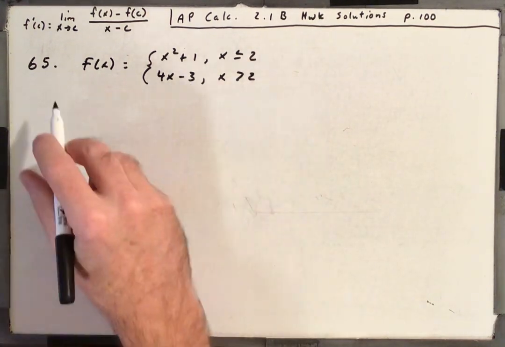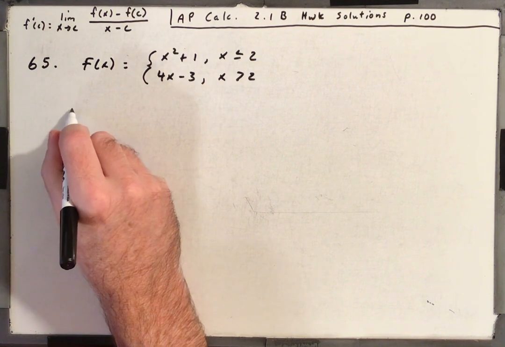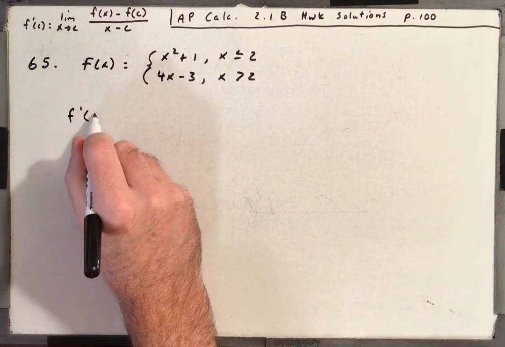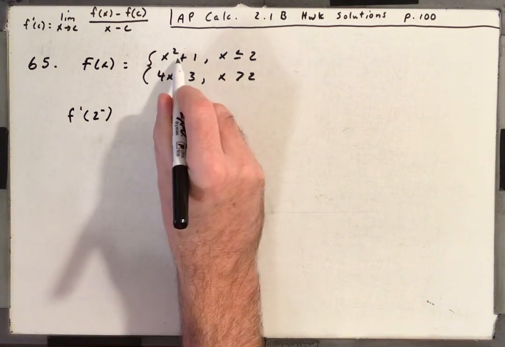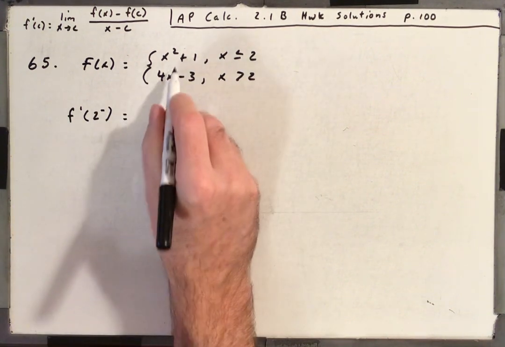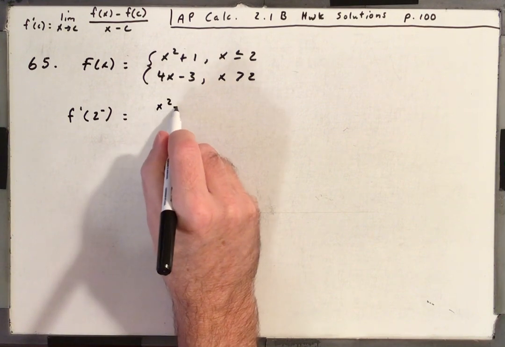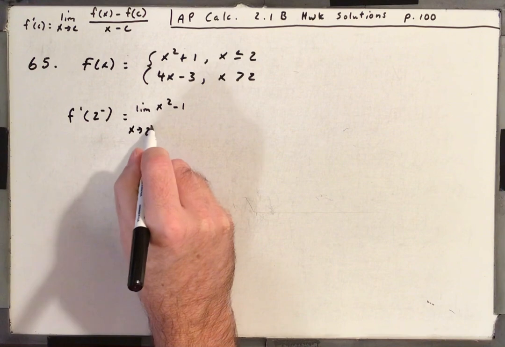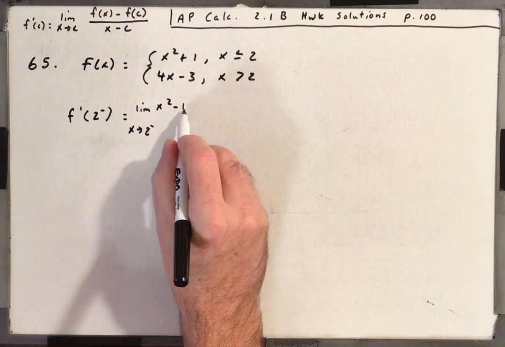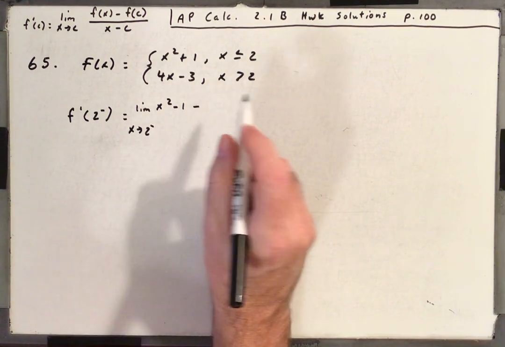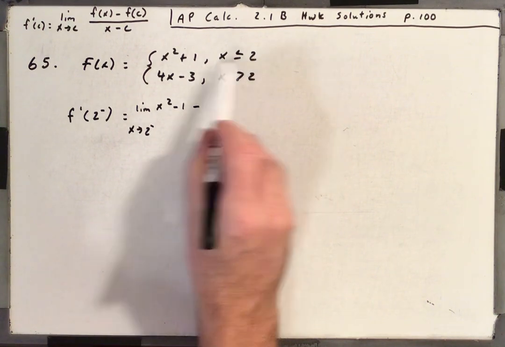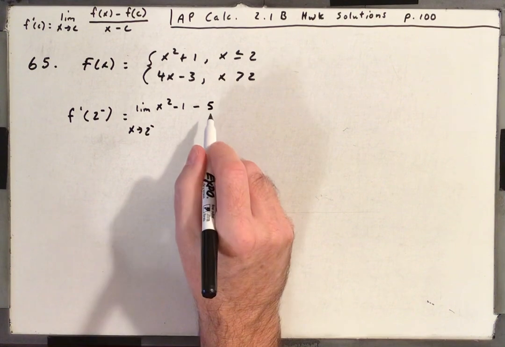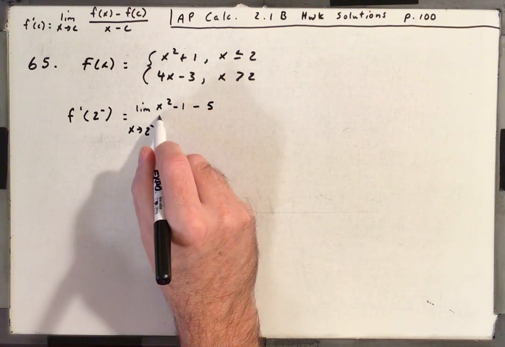Okay, so let's take, using the alternate form, f prime of 2 to the left, all right, we're going to use this top one, is f of x, that's x squared plus 1, the limit as x approaches 2 to the left, x squared plus 1, minus f of c. So plug 2 in, 2 squared is 4 plus 1 is 5, over